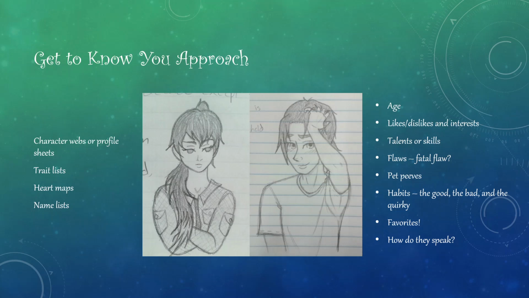It's engaging when a character has a few clear talents or skills and some things they're bad at. Those qualities give way to admiration and sympathy. Deciding a fatal flaw can be really fun. It's a part of the character's personality that leads to their downfall or any big failures. Habits can be good, bad, or quirky like any sort of compulsion or routine.